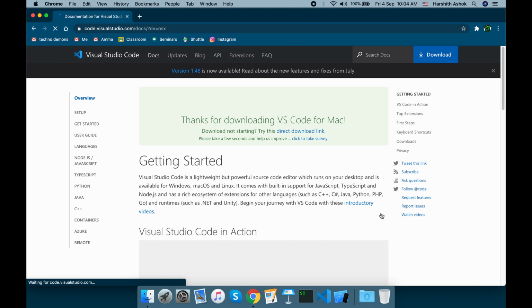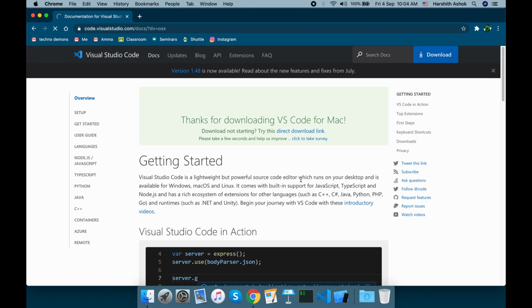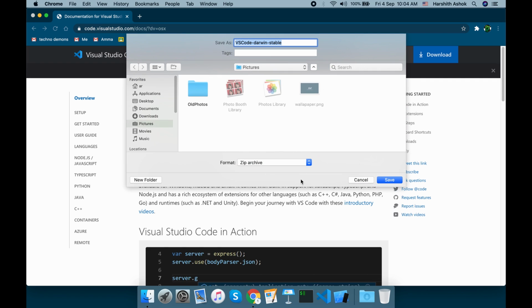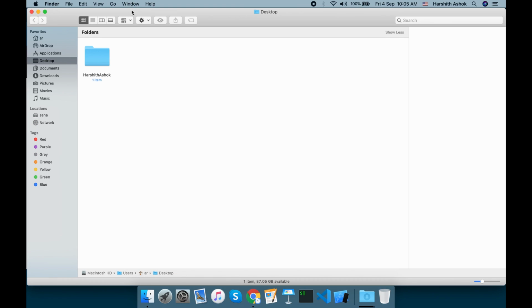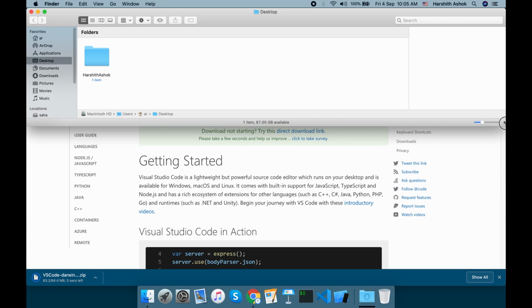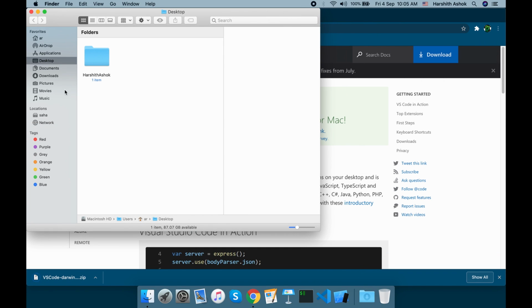So we are going to click Mac. This is automatically going to download a zip file. So I'm going to pick downloads. Note that the zip is going to contain the application directly, so we need to move this into the applications folder. Until it's done, we are just going to open Finder and keep it. And okay, now that is done.